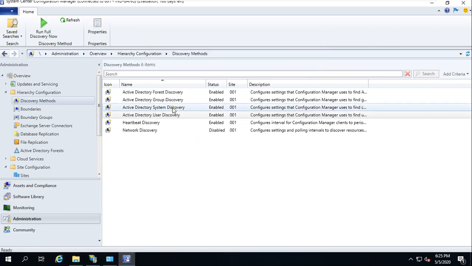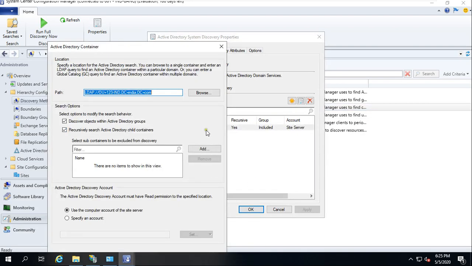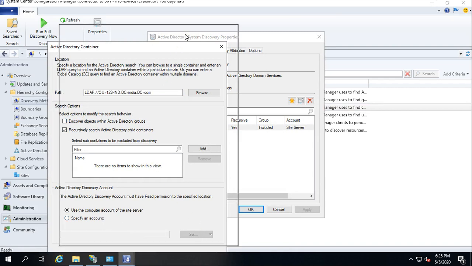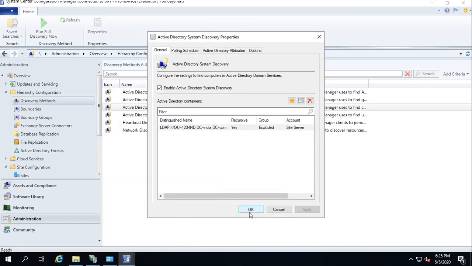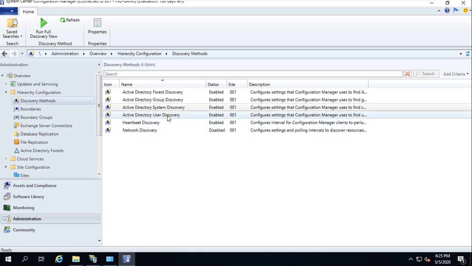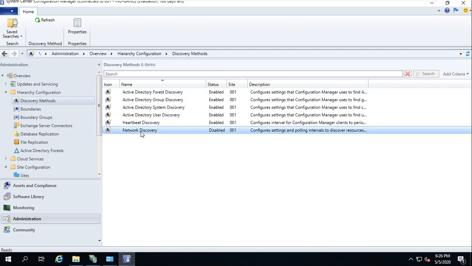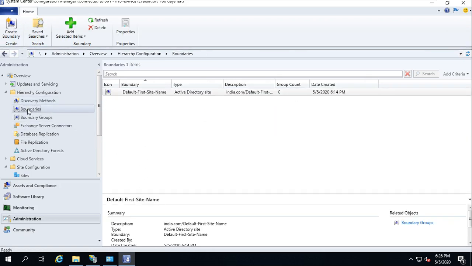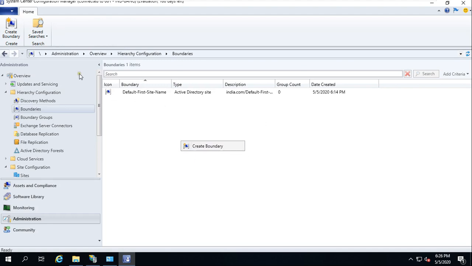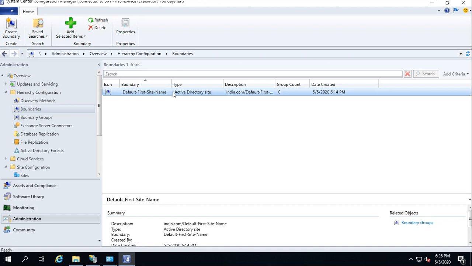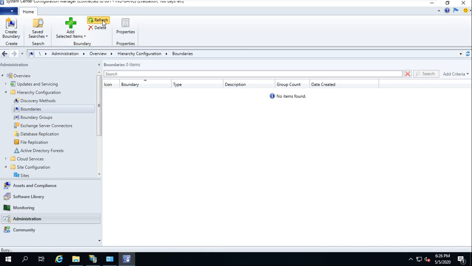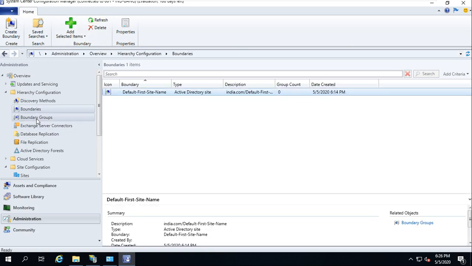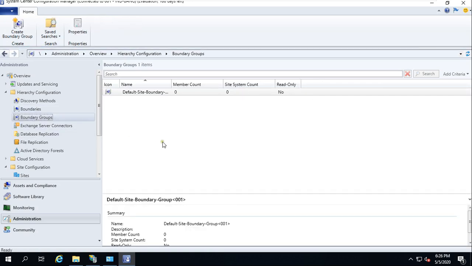Yes, here I had applied that option, so I can go and I can remove this. Leave default first, apply. Okay, so you have done this thing. 1 2 3 4 all enabled, and if you want you can enable network discovery also. And if you go to boundary now, you can just refresh it. You are seeing one default site. Refresh this, created, and now go to this option here.